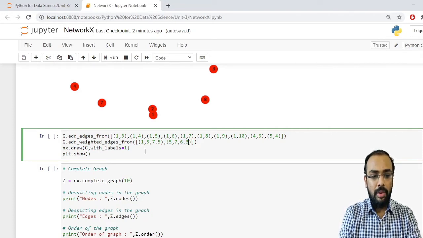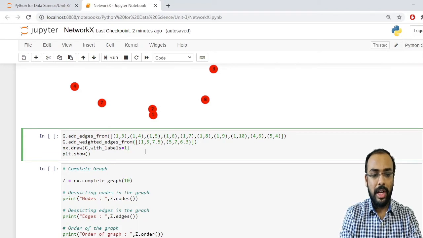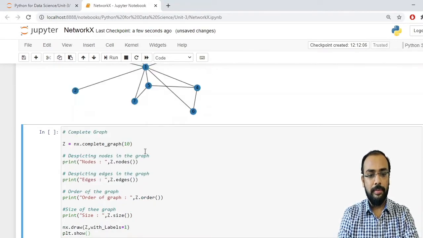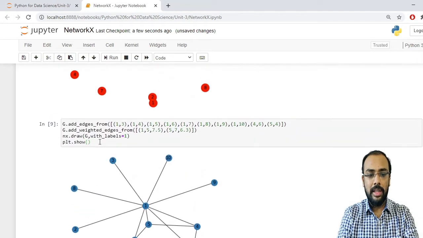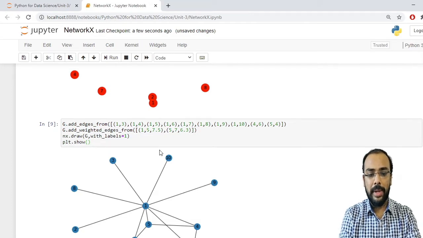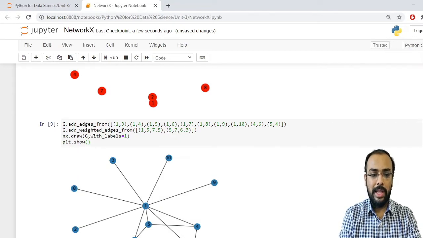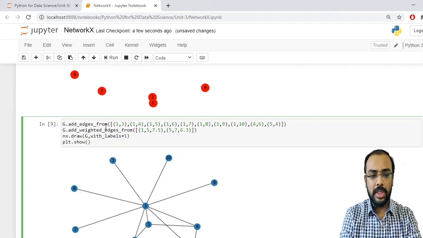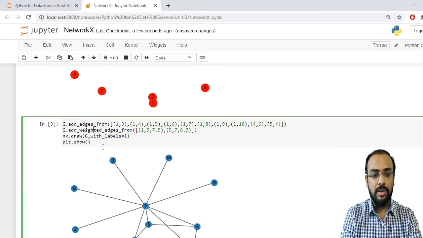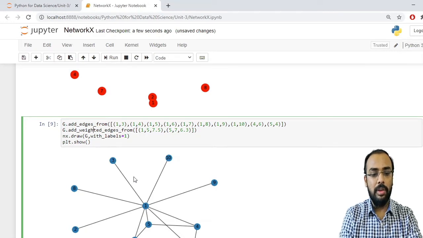Now what I want to do is draw this particular graph. Again I have used the draw method, and to display it I have used the show method. So let us run this. Now what I have done here is use both concepts. If you disable or comment one of the edge sets, you will get the respective output. At a time both edges cannot be displayed, because here I have taken unweighted as well as weighted. First I have applied non-weighted, so it will apply only these particular edges.